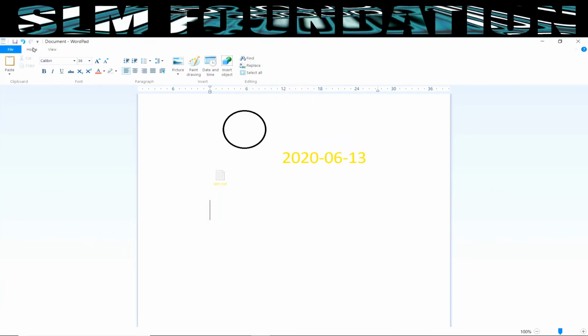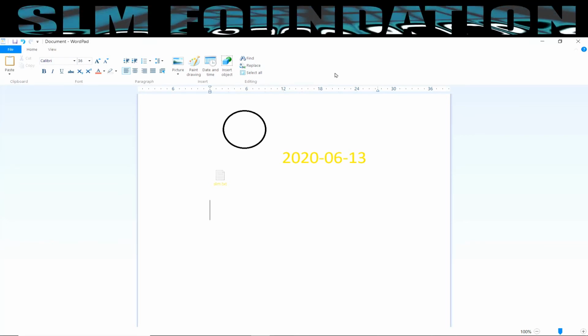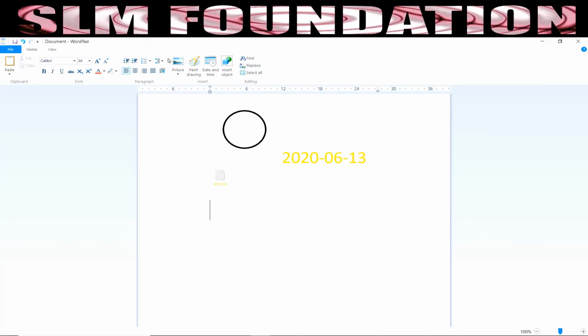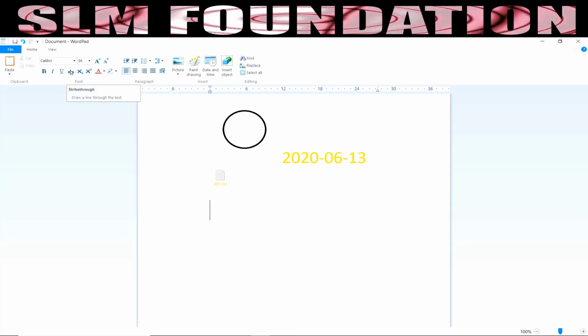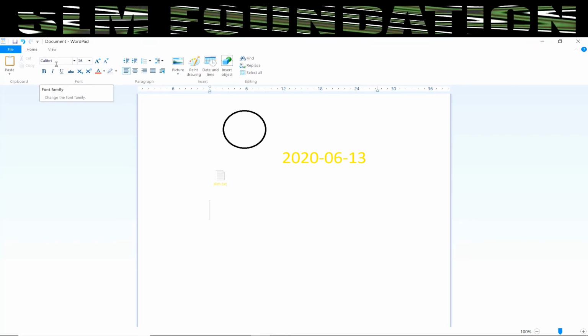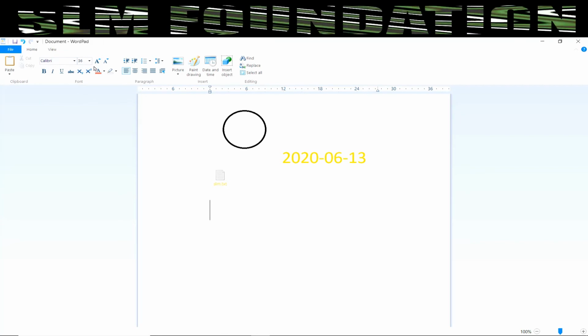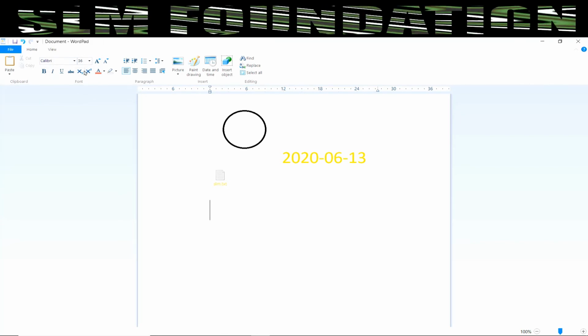I hope if you look at the video of Notepad, then this whole thing will be quite easier for you to understand. There will be only a few things which you have not learned. For example, this Paragraph group is new to you, or this superscript, subscript, and strikethrough, these are new to you, and text color highlighter. But if you see Paint, in that video we discussed text, how we can write text in Paint. When you write text, this dialog box will be present here. So if you use Paint nicely, then you will find all these things in that.